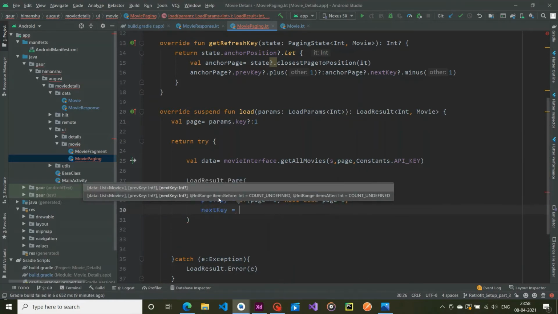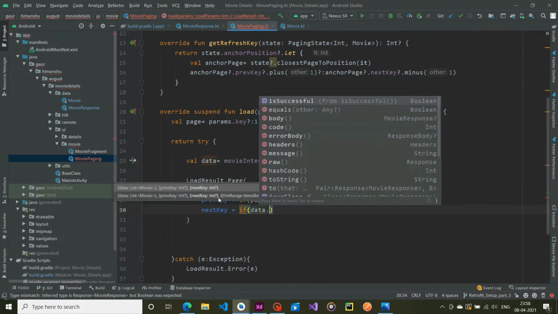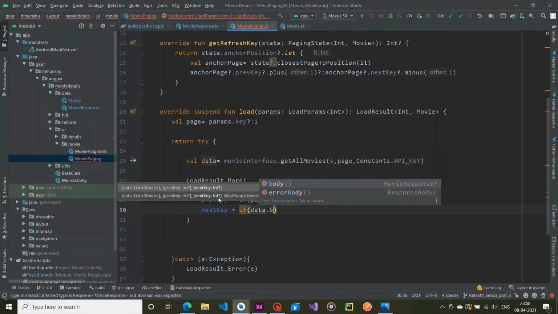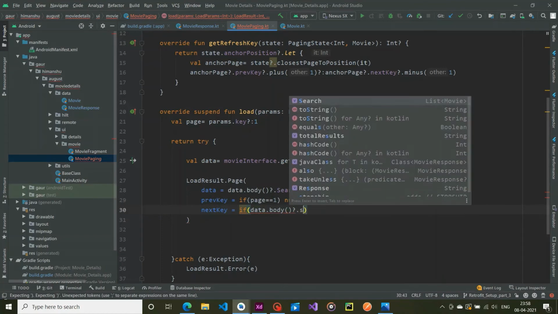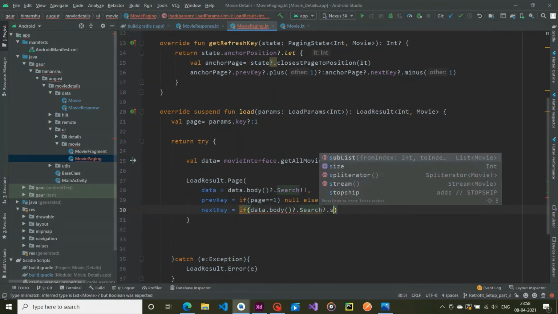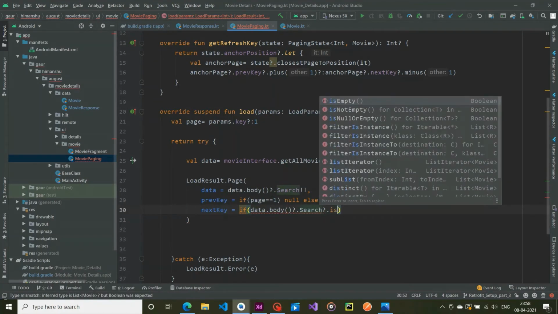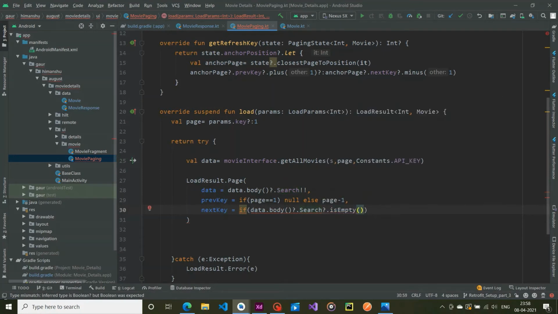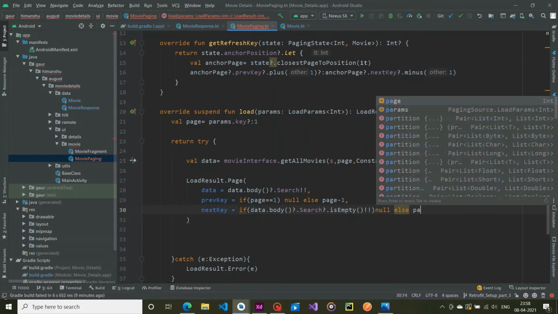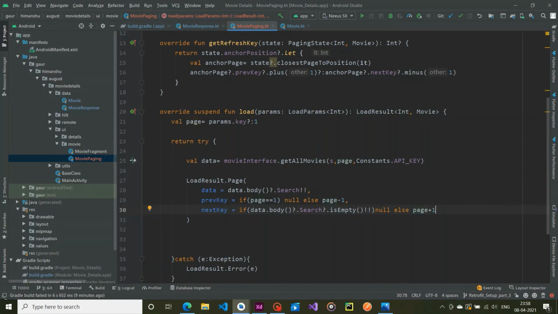Similarly for our next key, if data.body.search has size, or you can say isEmpty, meaning there is no data, then we simply make this non-nullable call. So if it is empty, return null, else return page plus 1.